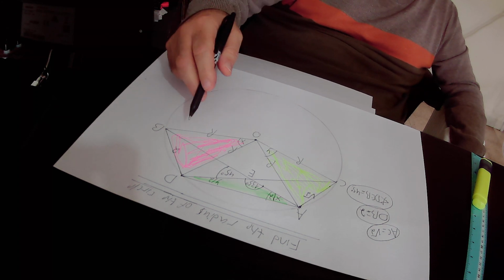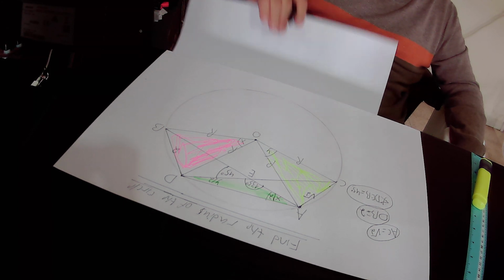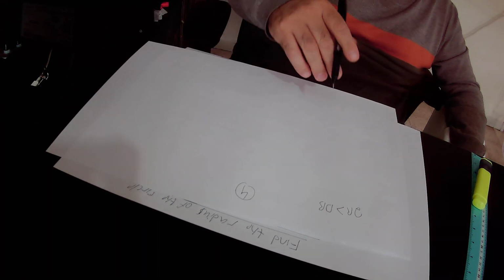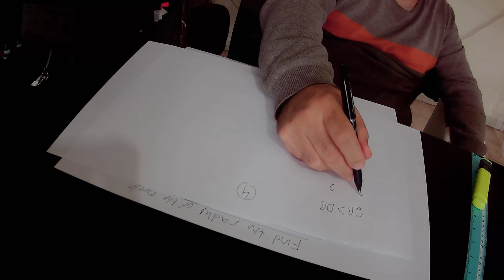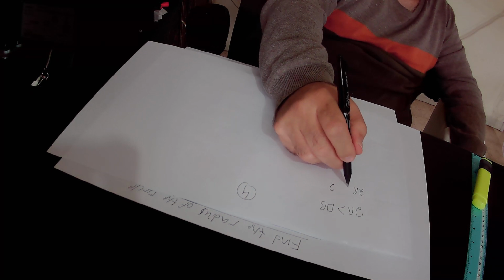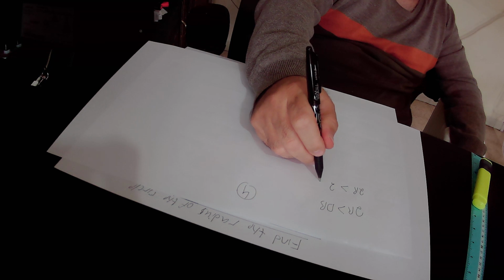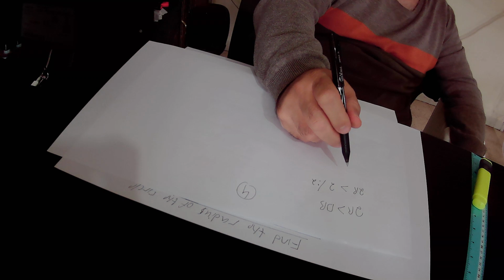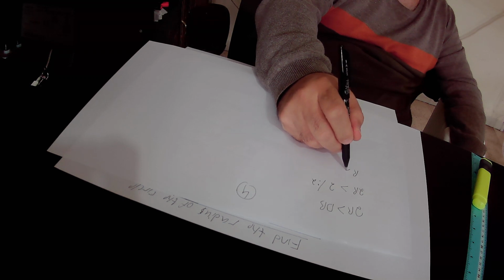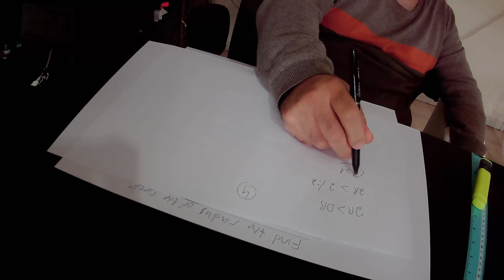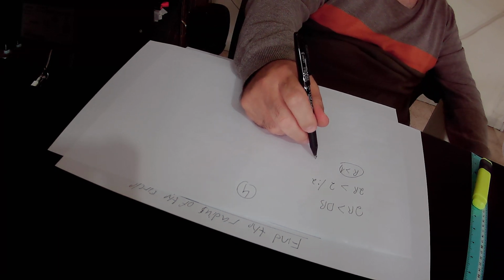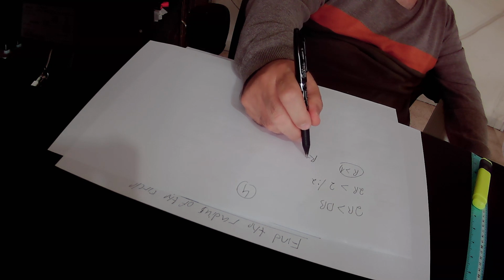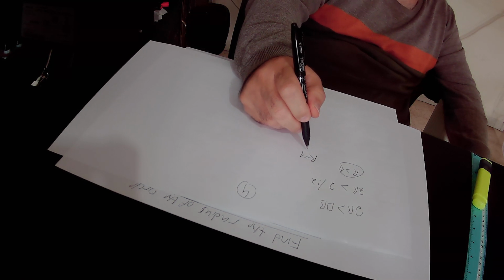Here DB equals 2 units according to what is given in the question, so we will substitute DB by 2 in this inequality, and we will get that 2r is greater than 2. We divide this equation by 2, and we get that r is greater than 1. So r is greater than 1, so the solution that r equals 1 is not correct,